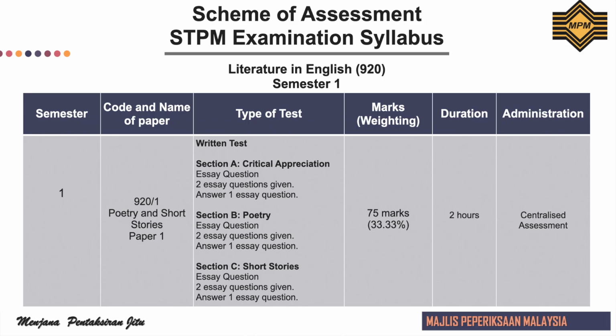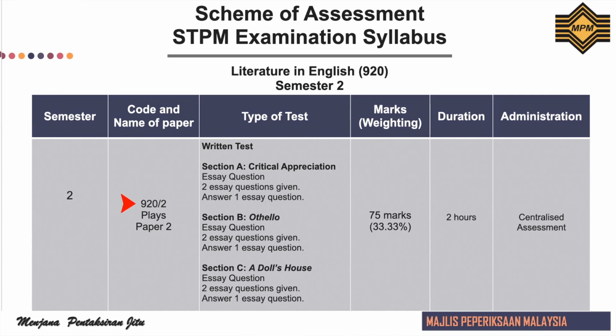With regards to the marks scheme, the total mark for this paper is 75, with 25 marks allotted for each section. This means that 33.33% of this paper will contribute to the overall marks for candidates who sit for this subject examination. The duration of this exam is 2 hours and it is a centralized assessment. We now move on to semester 2 with the code